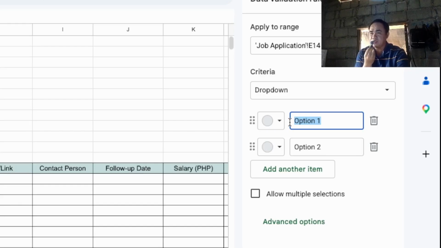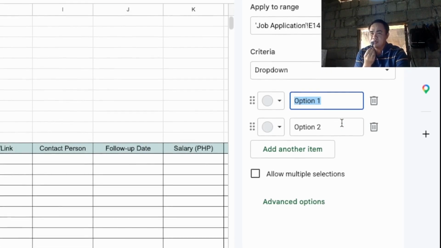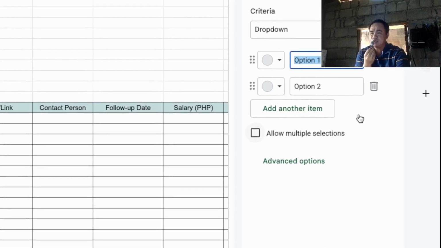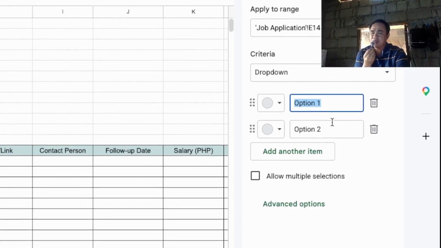But I will teach you how to create a more dynamic data validation, or combo box, by adding a settings sheet.